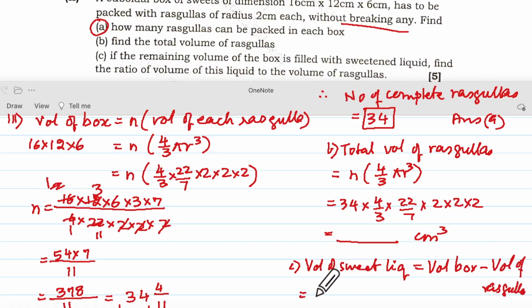Now volume of the box is 16 into 12 into 6 minus, oh my goodness, we'll have to do this anyway. I don't like it. You also don't like it, no? This is bad. Something upon 21 is going to be, nothing is divisible by